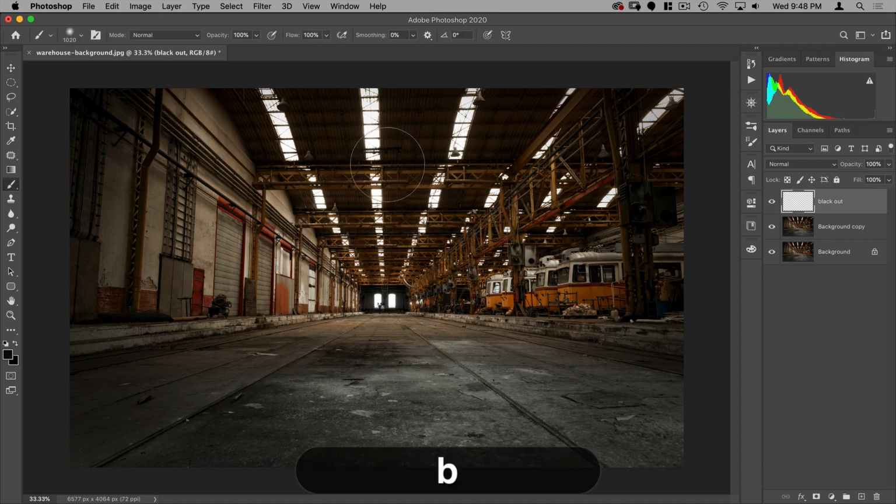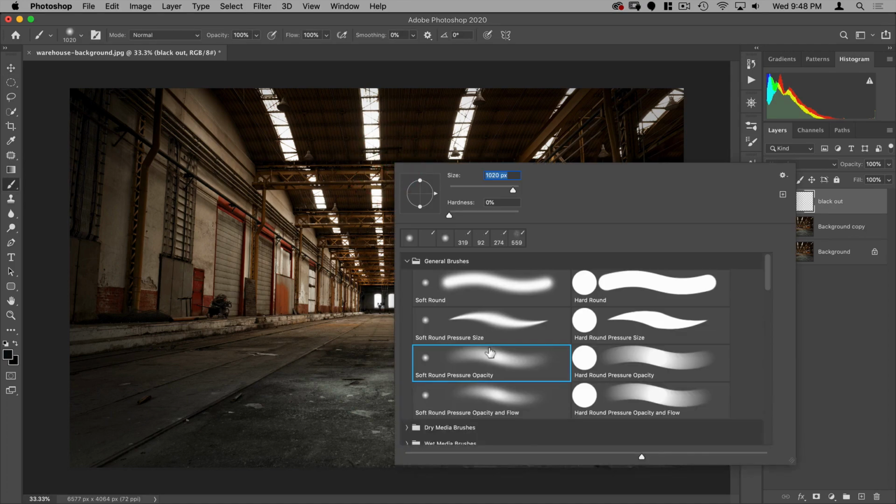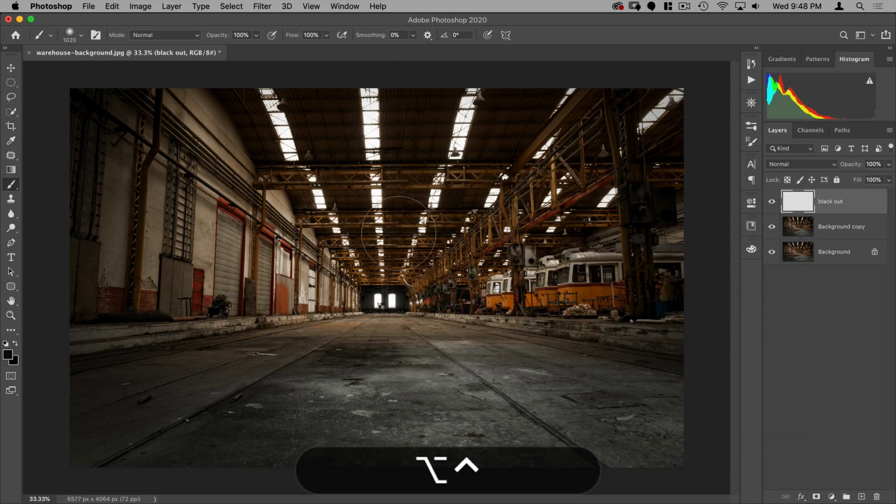All right, let's hit B to go onto our brush. And I want to make sure I have a soft round brush selected. And then using Control and Option, I can adjust the size and feather of my brush. All right, holding down Option, I'm going to select this color and just start painting in these areas here.